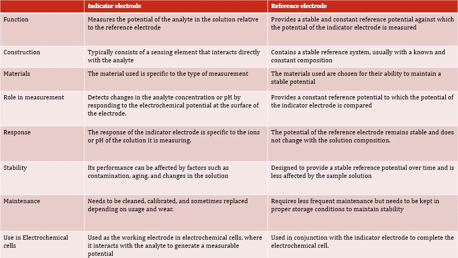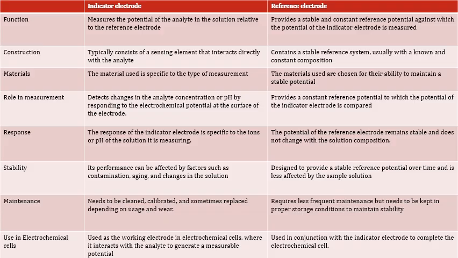The material used is specific to the type of measurement. For pH measurement, it's usually made of selective special glass. For an ion selective electrode, it may be a polymer or crystalline material selective for the ion of